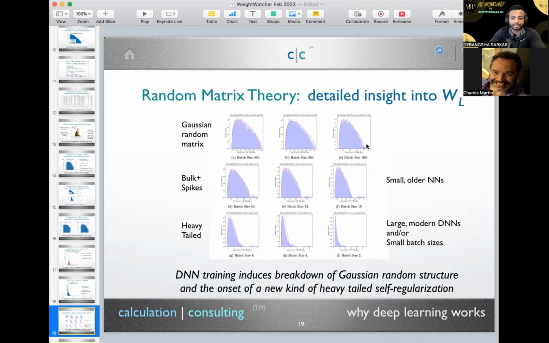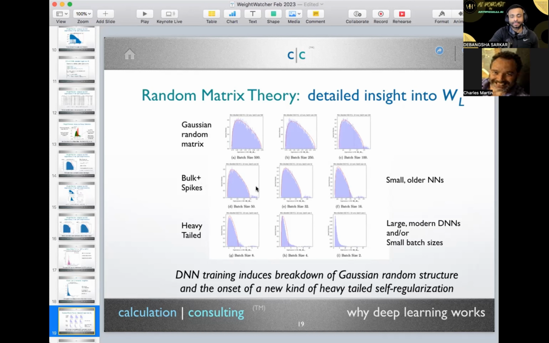And as you continue training, or as you do better and better in generalizing, more spikes begin to pull out. So you go from a Gaussian random matrix with a little bit of noise at the edge to something where you have a bulk plus spikes. Now this is sort of smaller, older models, or models that aren't trained that well. Layers that aren't trained that well will begin to look like bulk plus spikes. They'll have a bulk region, and there'll be some spikes sticking out. And what we argue is that the spikes contain the dominant generalization components. Again, there can be things inside here which help the model generalize. This is not all noise. I'm just saying this is all we can see, using this lens.